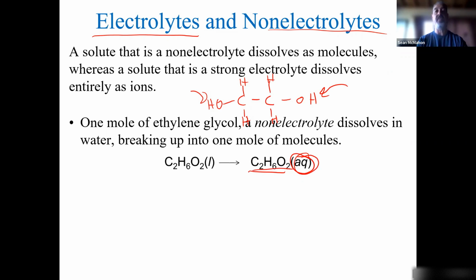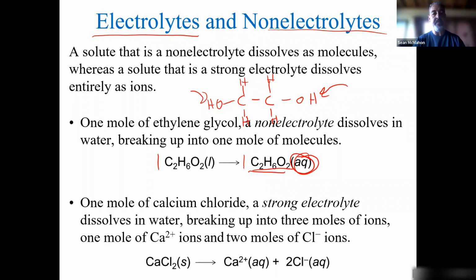But because it's a covalent compound, it does not break apart into ions. So 1 mole of this molecule gives me 1 mole of dissolved solute, okay? And this is a very small molecule compared to macromolecules. Now, if I throw calcium chloride in water, well, this is ionic, I know, because I have a metal and